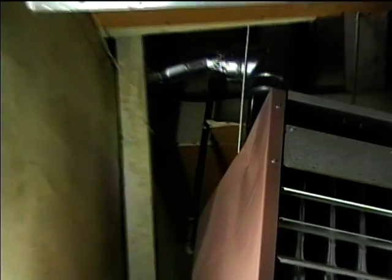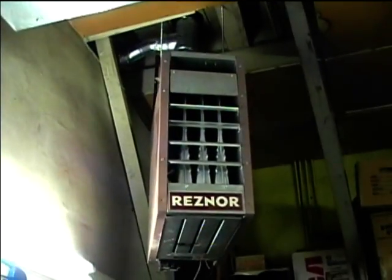It actually had a little bit of damage to the cabinet. I think that they gave a discount on it because there's a little bit of damage up there. I'm going to turn the light off and we can check the operation of the pilot. Well, I was going to demonstrate the pilot light, but it's kind of hard to see it. But when we actually turn it on and see the main burners light up, you can see that up through